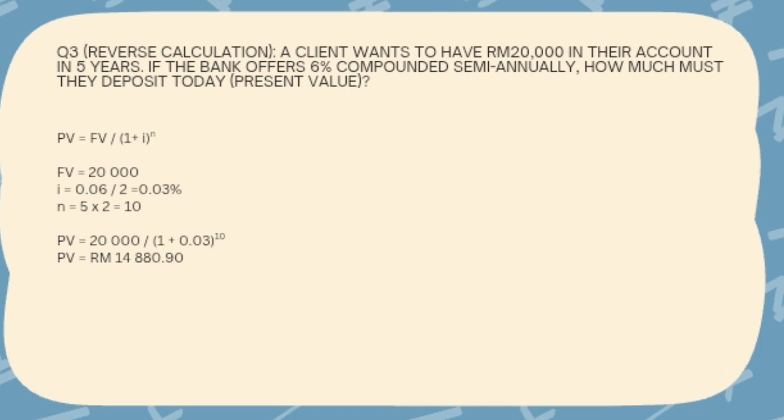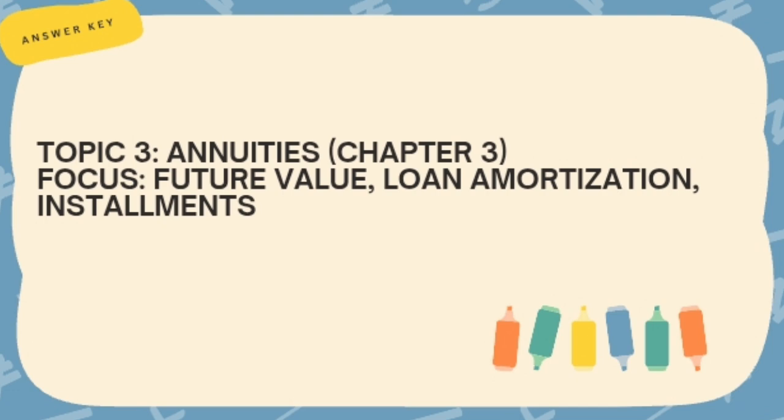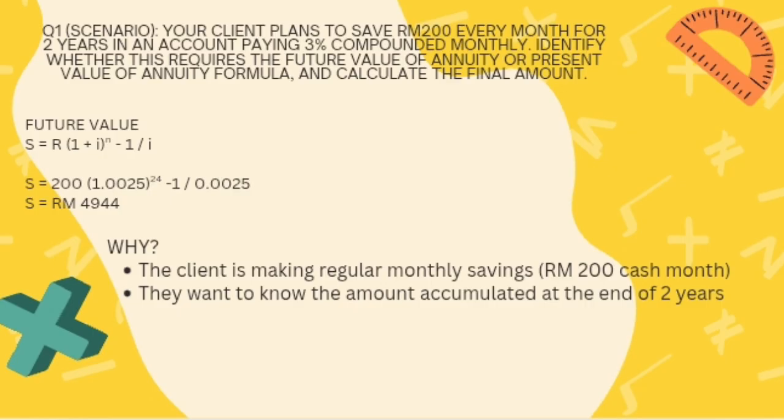The formula is PV equals FV divided by (1 plus i) to the power of n, where FV is 20,000, i is 6% divided by 2, which is 0.03, and n is 5 years multiplied by 2, which equals 10 periods. After calculation, the present value is 14,818.90. And also for topic 3, which is annuity, for question 1, the client plans to save 200 every month